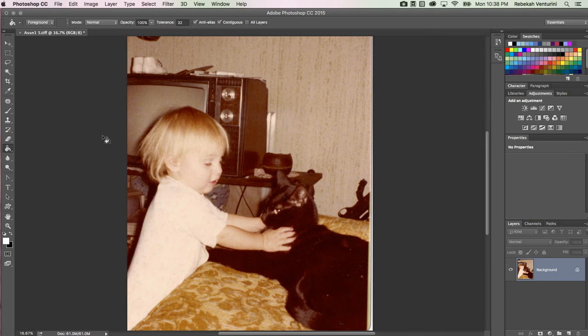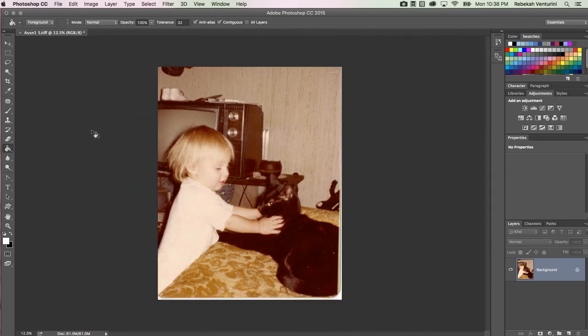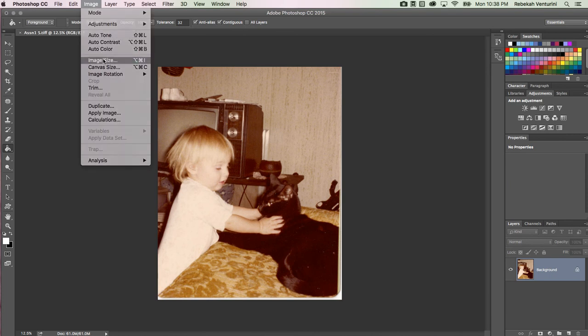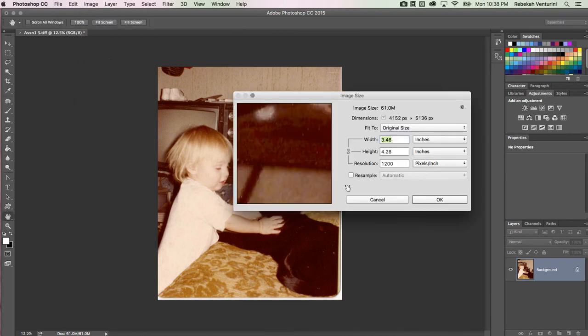Now this layout is a portrait layout, or it's vertical, so my height is going to be longer than my width. I'm going to zoom out a little bit for you. So I'm going to go into Image Size, and I'm going to make sure that Resample is unchecked here. I'm going to go over to the drop-down panel to the right of the width text field, and I'm going to choose inches. And as you can see, it's scanned in as our original photo's dimensions, 3.46 by 4.28 inches,